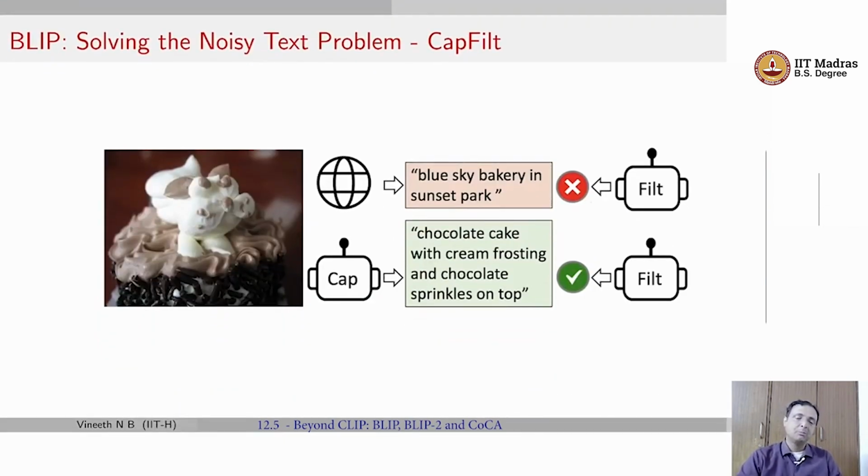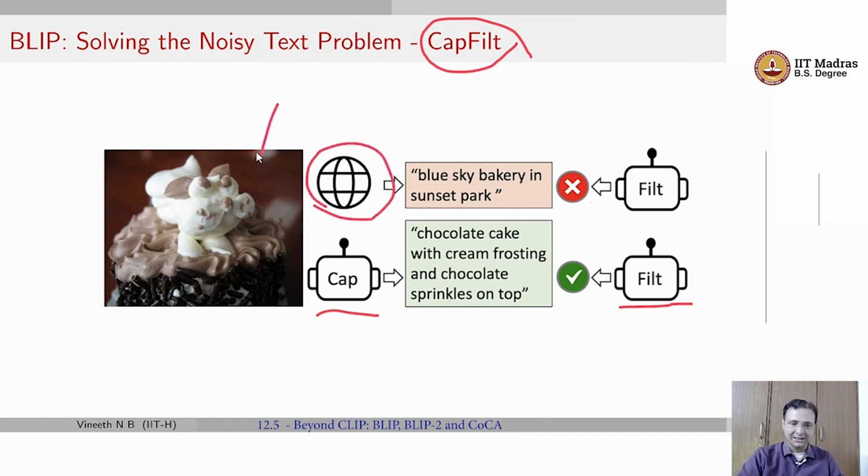Beyond this, BLIP also points out this issue of noisy web scraped text being suboptimal in learning good vision language representations. They also do something about it. What do they do? They have a pretty strong process for this. Let's try to talk about them. They introduce a module called the CapFilt module, that's what they call it, which consists of two networks, we can say, where the model first considers these web scraped text.